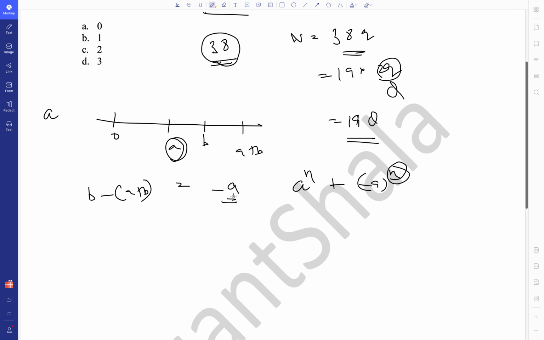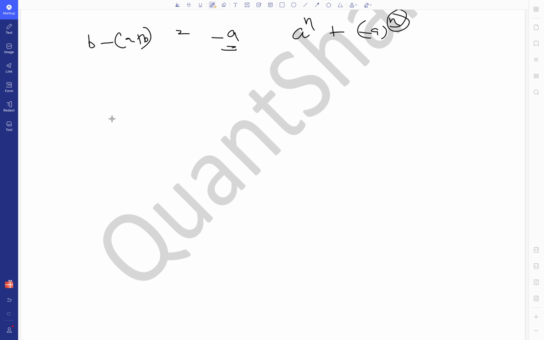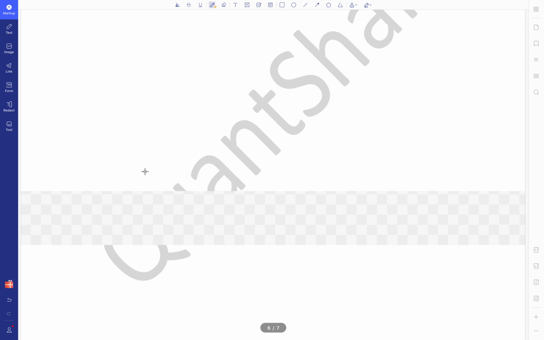Similarly, there is a similar property. A raised to power n minus b raised to power n is divisible by a plus b when n is even. Try to prove it the same way. It can be proved exactly in the same way. You can remember these properties and apply them in the questions, but this is not required for most questions. You can solve most questions by basic techniques, but for speed you can remember this if you are clear with the basic concepts.